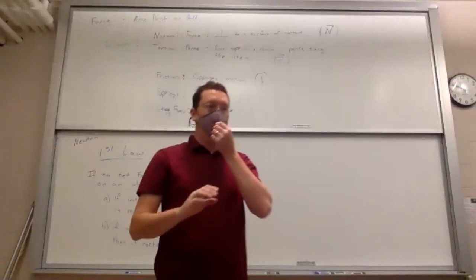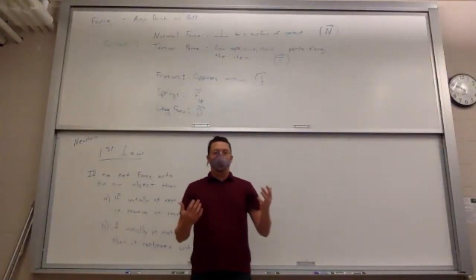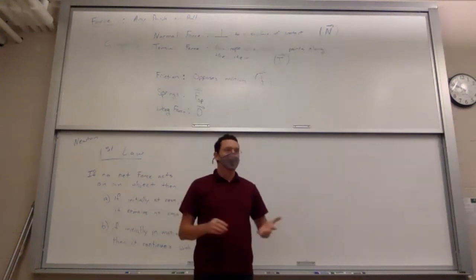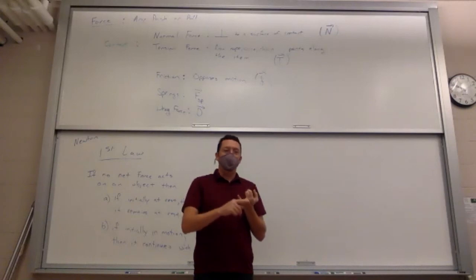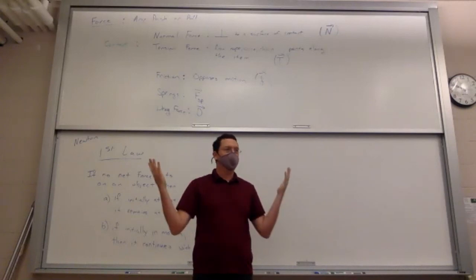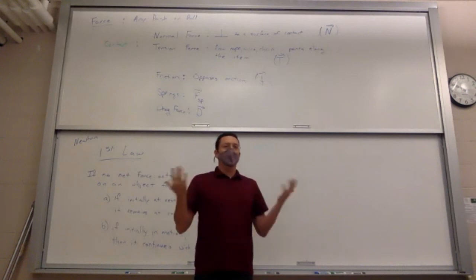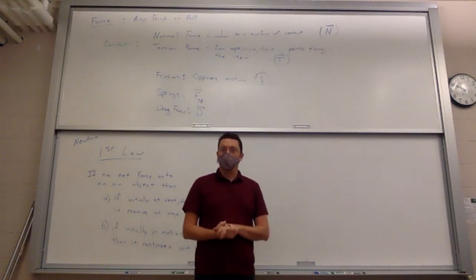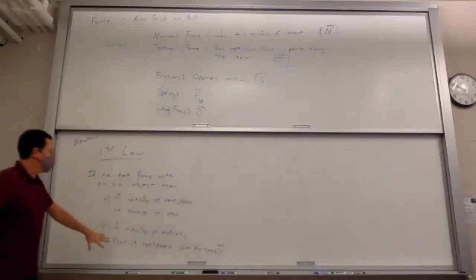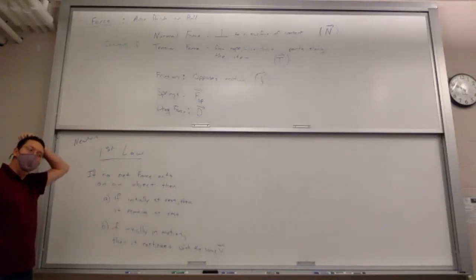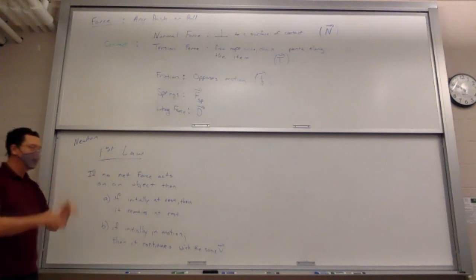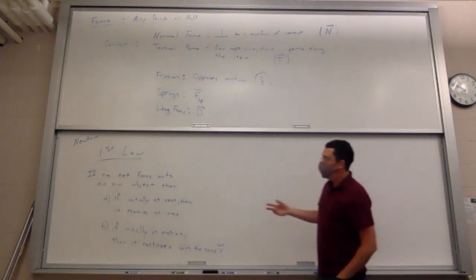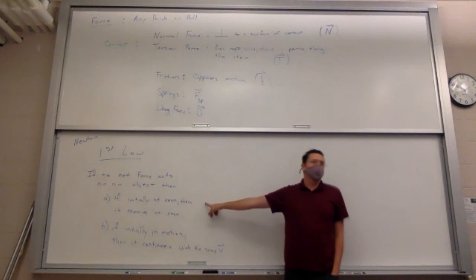All right, so that's the sort of scenario that I think in Newton's time would be much harder to imagine because they didn't have air hockey, they didn't have spaceships, and it's hard to imagine that situation. You guys have the advantage of actually being able to see some of these scenarios. Okay. All right, so that's Newton's first law. If there's no net force acting on something, it just keeps on moving with the same velocity. And if I say it that way, it actually covers both cases because you just say the first velocity was zero. It just stays zero.